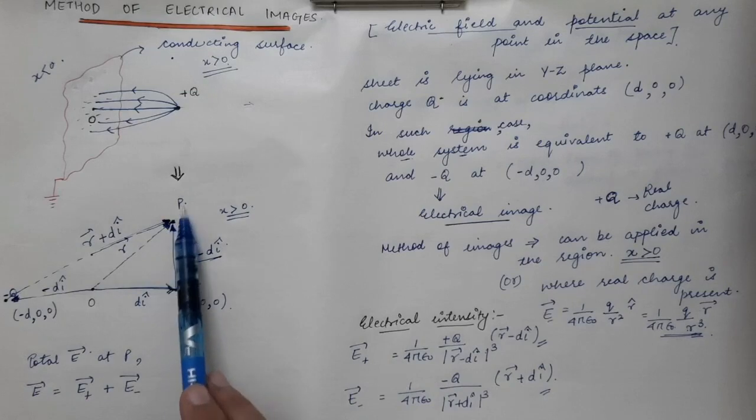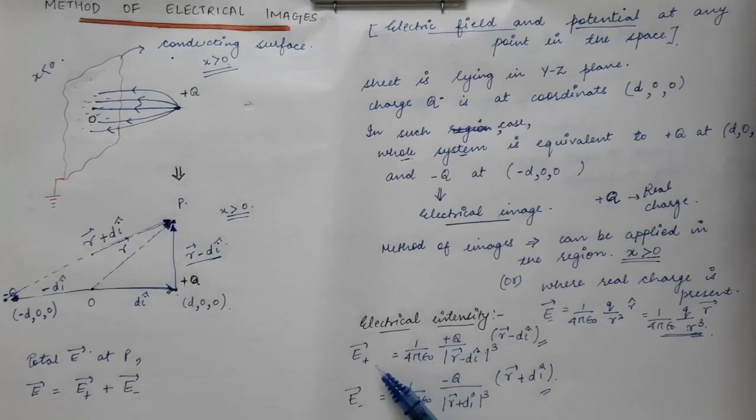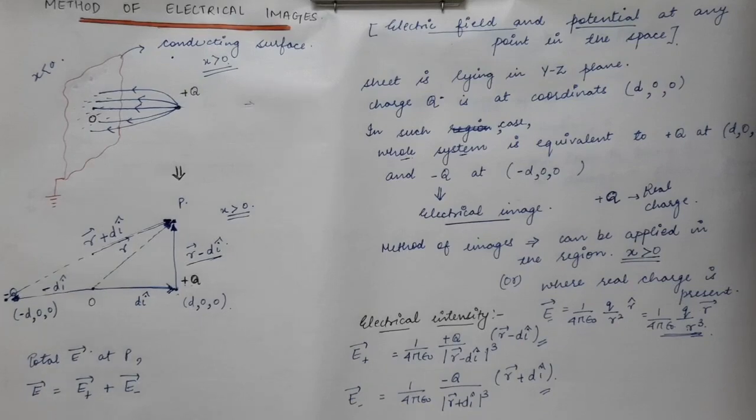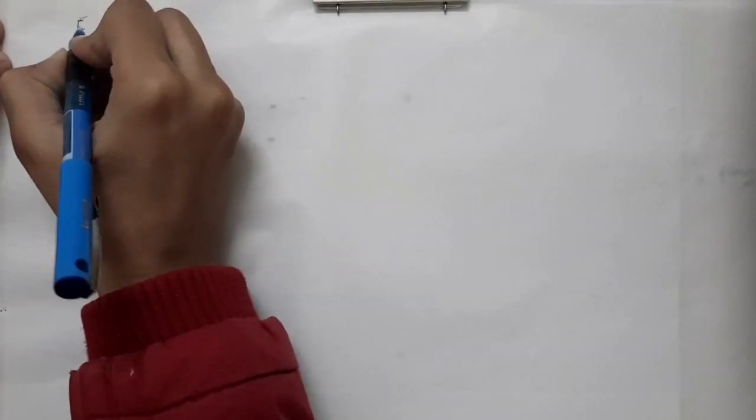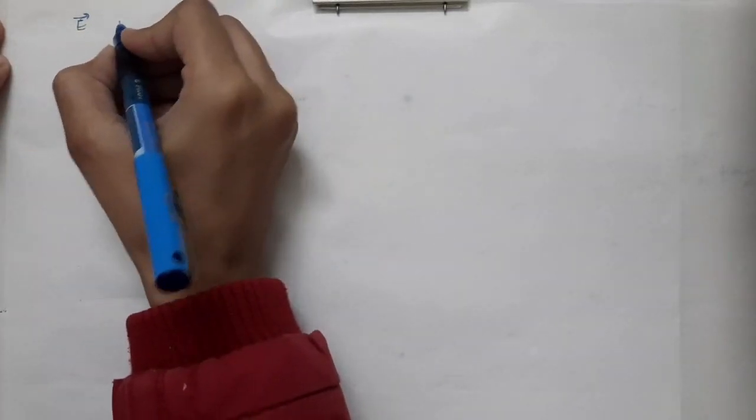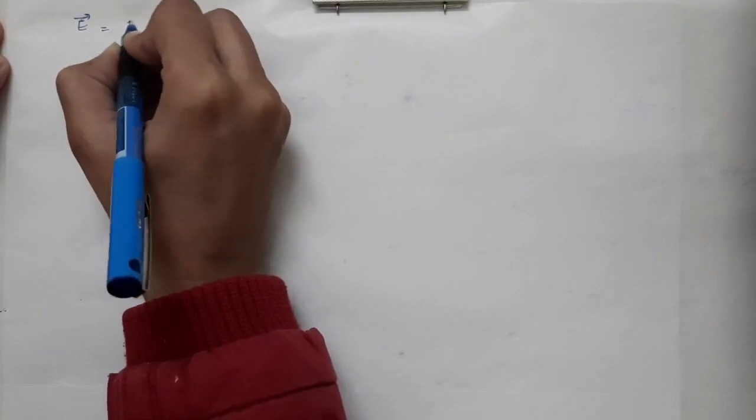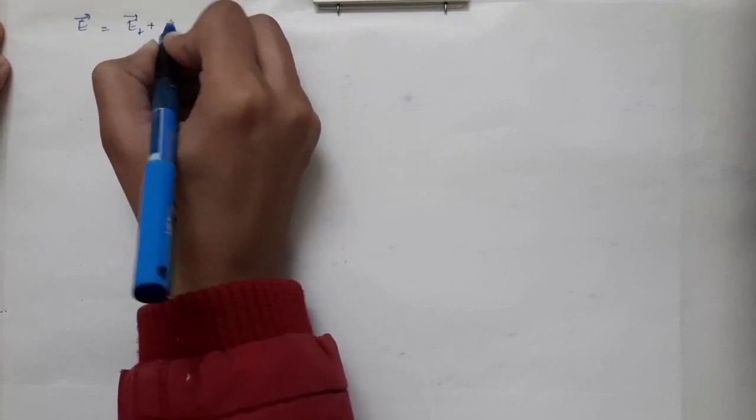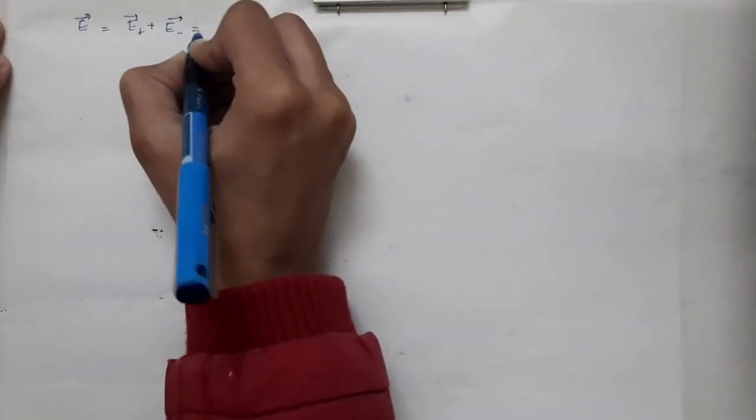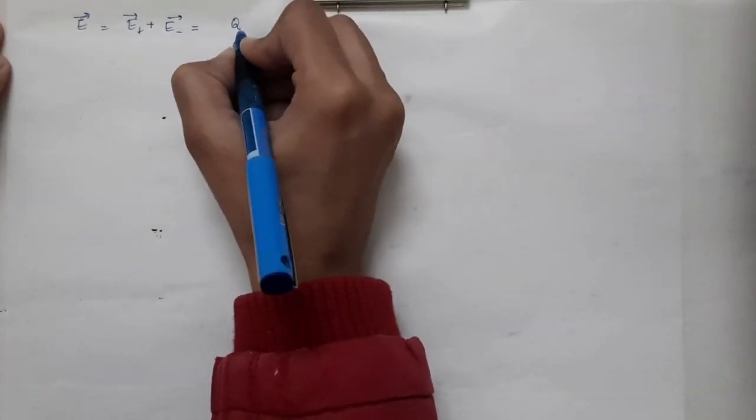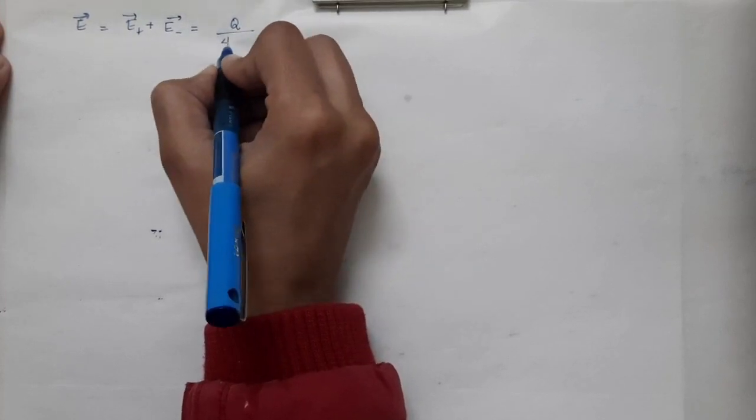Now to find the net electric field at point P, we will just do the vector addition of these two electric fields. So the total electric field at point P will be given by the vector addition of the electric field due to the real charge and the electric field due to the virtual charge. So the net electric field at the observation point will come out to be equal to E plus vector plus the electric field due to the negative charge, and we can see that the q is common in both the terms, divided by 4 pi epsilon naught is